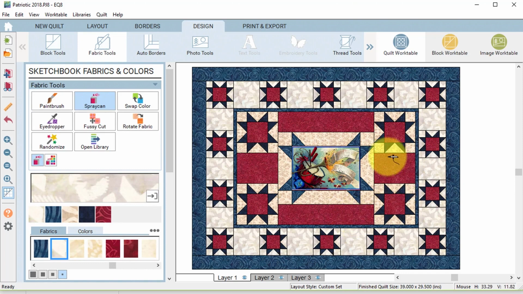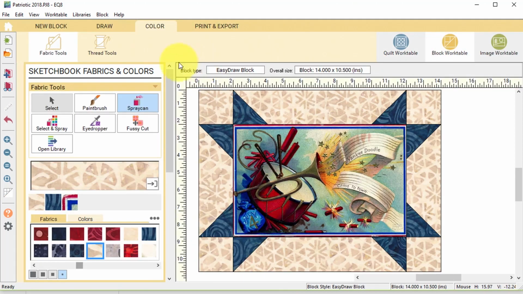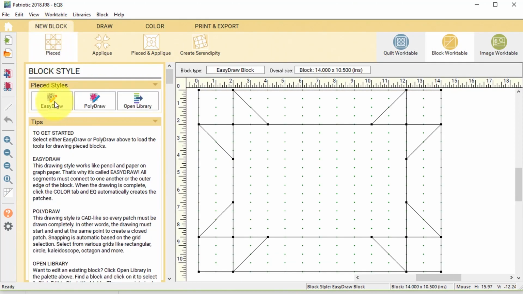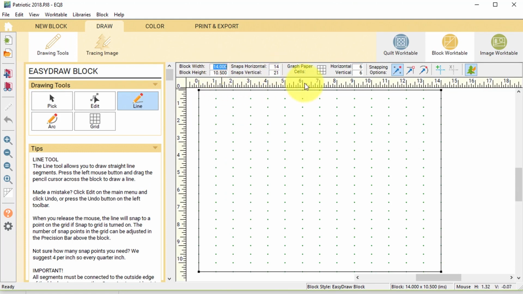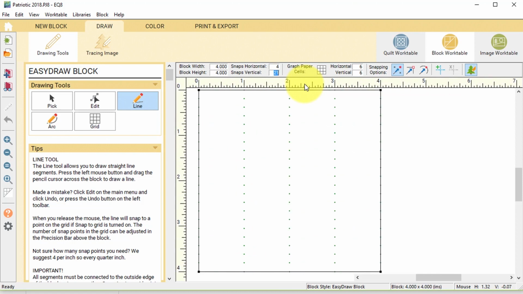So once I got this colored, I realized I liked it, but this was way too heavy. And so I thought, since I've got stars, what if I put some stripes? And on this one, what if I did a stripe, 2 stripes, and this direction did 4 stripes, which would sort of fit in keeping with the proportions of the design. So went back to the block work table, did a new block, pieced, easy draw, and I'm just going to make both of these a 4x4, snaps 4x4,